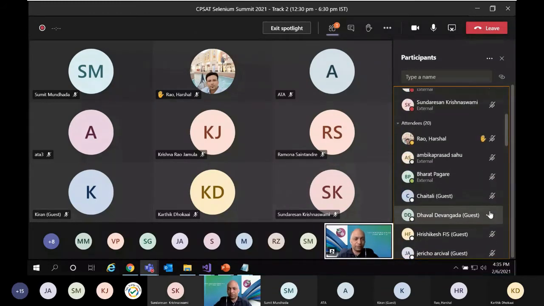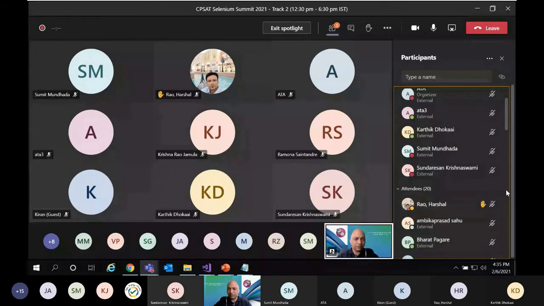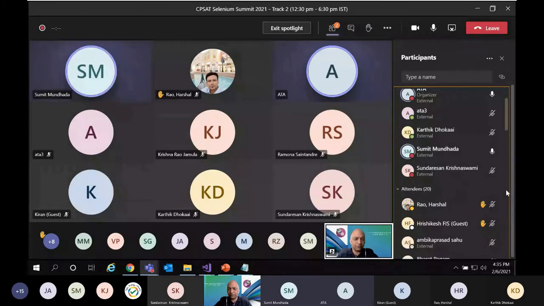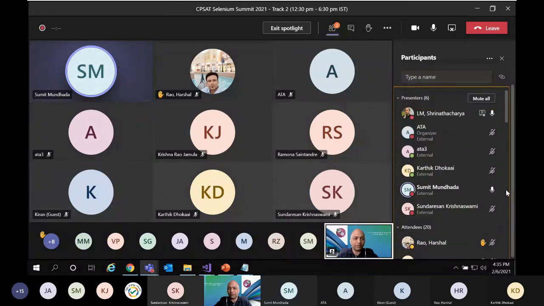I see one. As of now, Srinath, we see two members have the setup. Okay, that's great. The others can just watch what I'm doing.